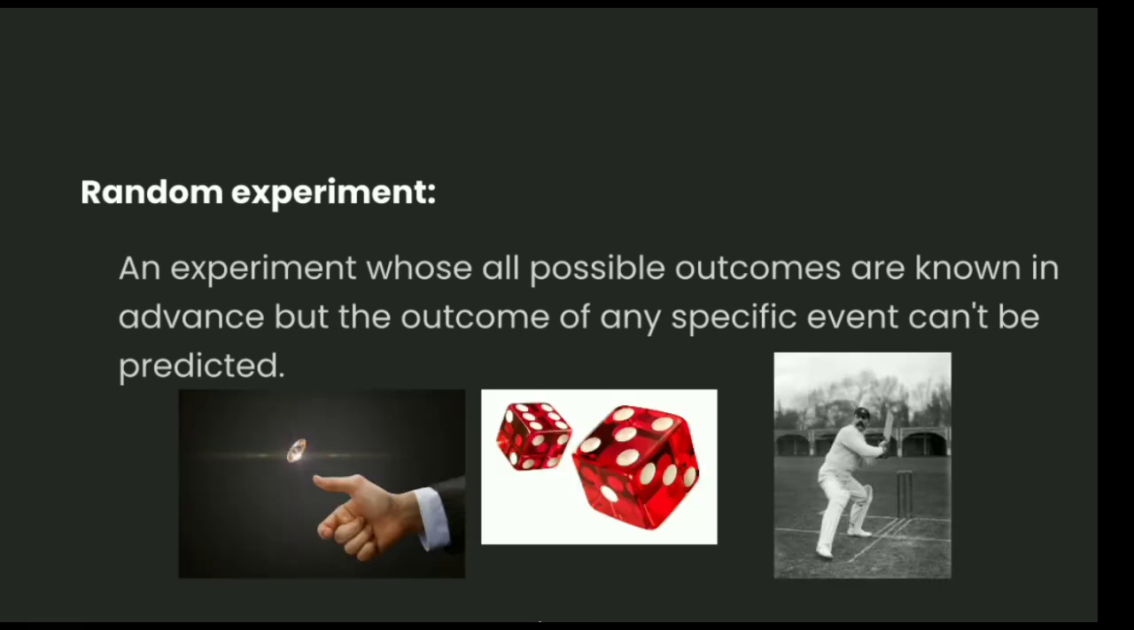Proceeding, let's see the very conventional examples of tossing a coin, throwing a dice, or an unconventional example of a batsman hitting six in an over. That could be a random experiment. Okay, so proceeding,